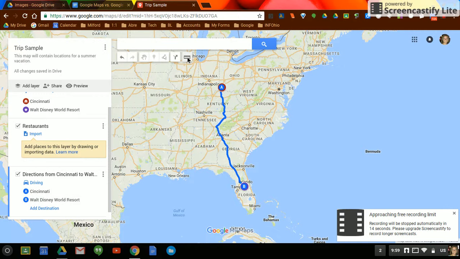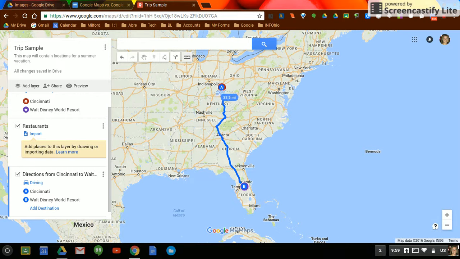Don't forget, you can always measure distances too. From the same points we put on the map, all the way down here, following the road map, it'll show you different ways to travel there. I'm going to click off of the measuring tool and go to the left where you can see a driving